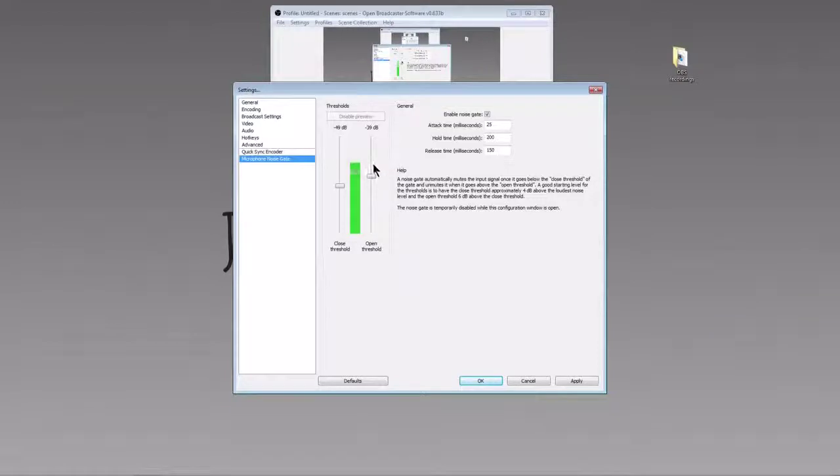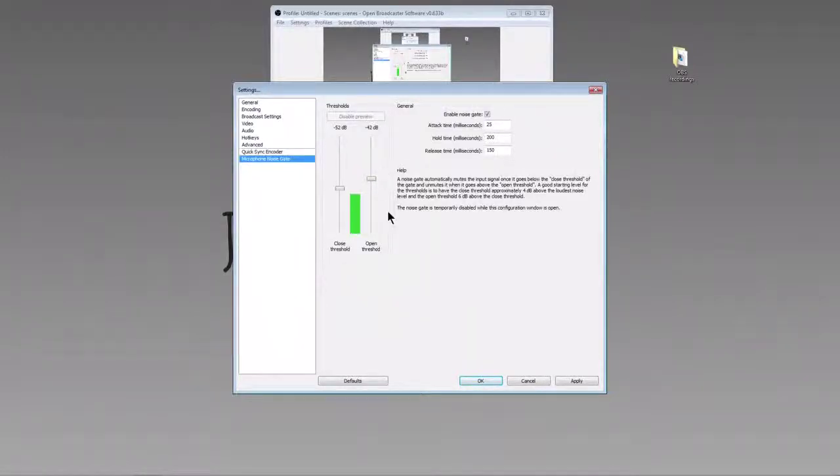So just kind of use this green bar in the middle to gauge in what range your speaking level is going to be and at which range your room noise is at. So close threshold, you want it to be above your room noise right here. And your open threshold, you want it to be just right below where your speaking volume is. Let's go and bring that just a little bit lower. But yeah, so again, just to recap, closed threshold is the point at which the program will stop recording audio once the bar gets below that point. An open threshold is where the program will start recording your microphone